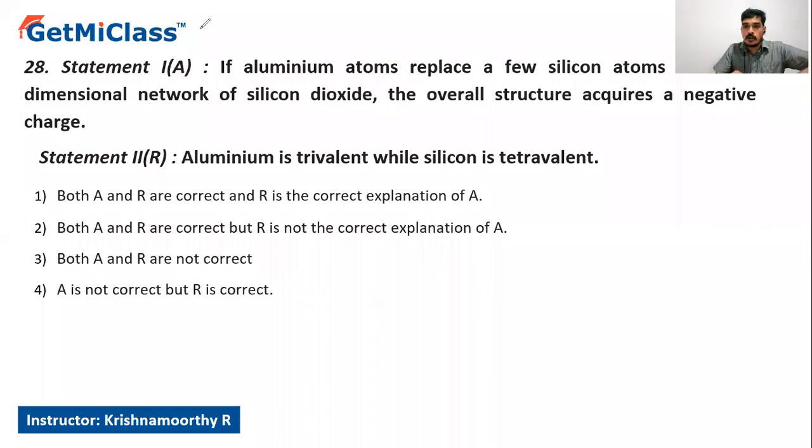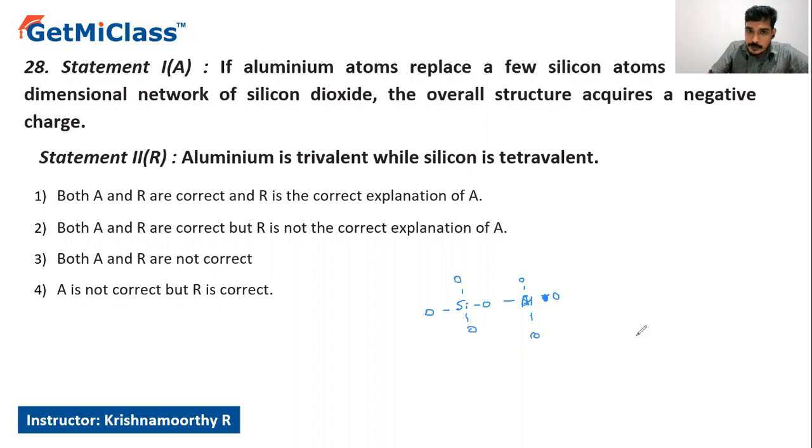If you know the silicon or silica structure, Si is bonded to oxygen in four directions in this manner. The valency of silicon is 4, and suppose you replace it by aluminium, whose valency is 3. So if you replace it by aluminium, first valency, second valency, third valency is satisfied, and here oxygen contains an electron that is freely available to the entire bulk.